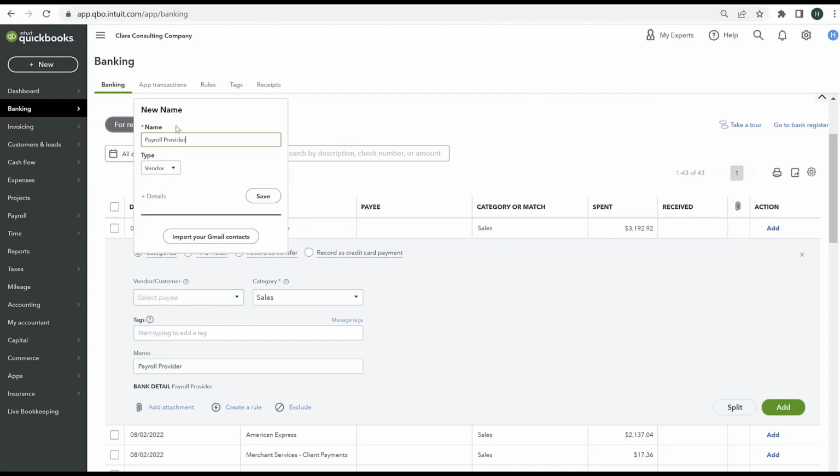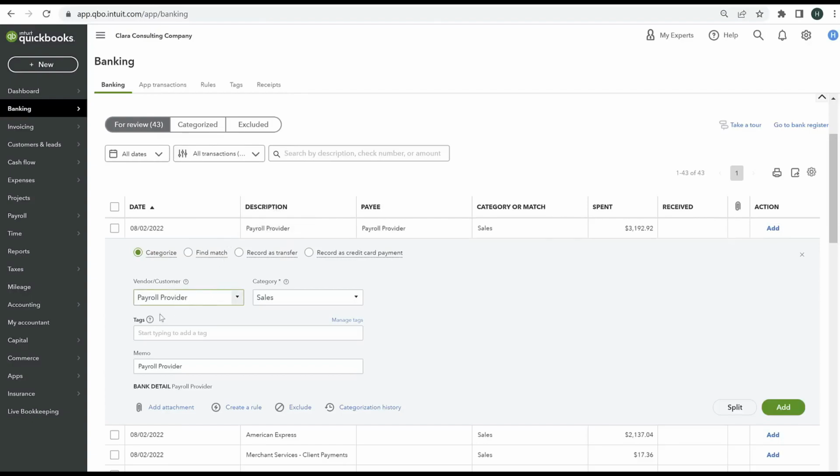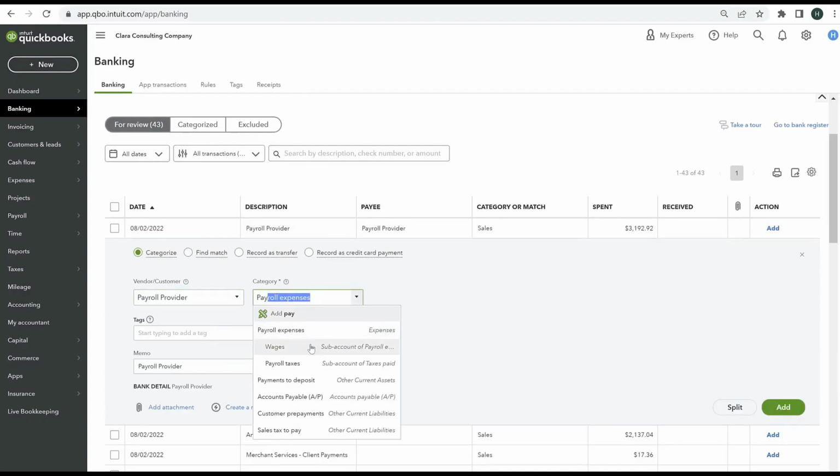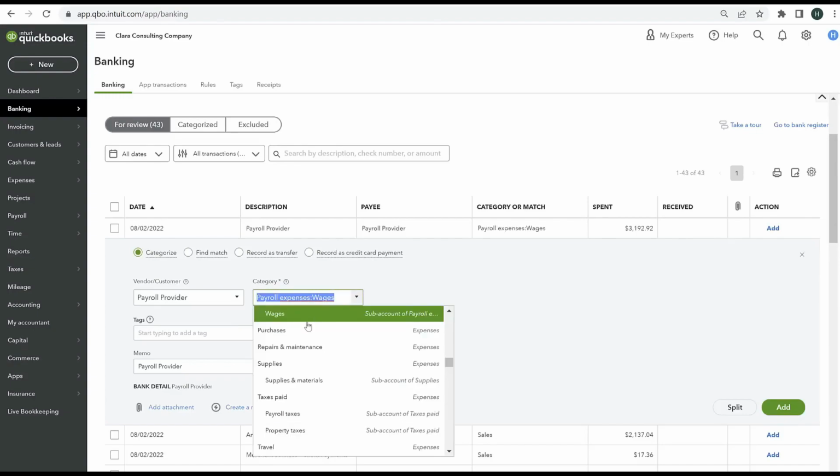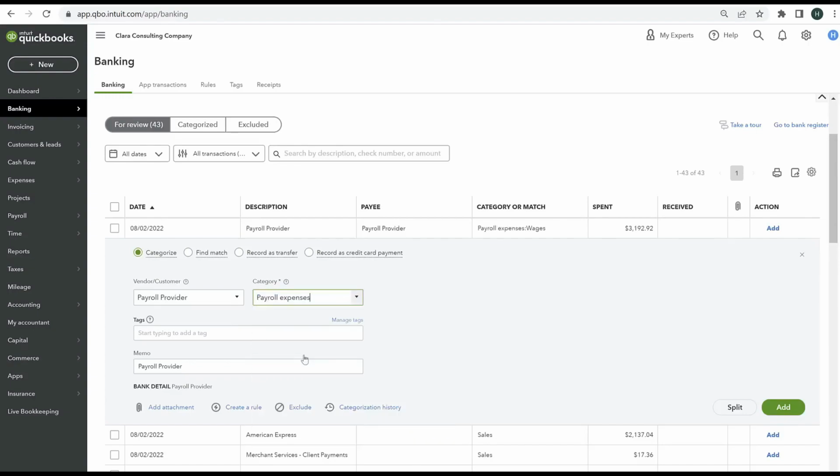So we are going to add this vendor. This is a quick add, so we can quickly add a vendor. I always recommend adding a vendor name. And then we're going to click save, and then we're going to go ahead and find a payroll account. I'm just going to make this really generic right now and just call it